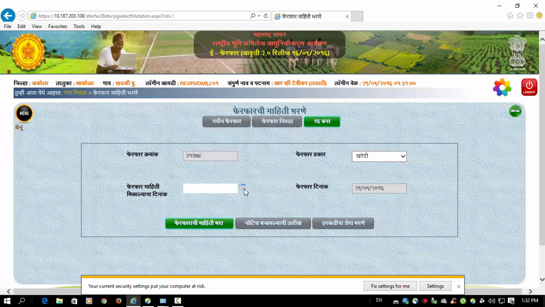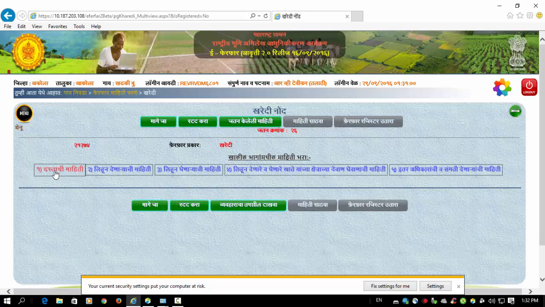After that, we have to select the फेरफाराची माहिती मिळाल्याची दिनांक. After the transaction, whenever we receive the document from the citizen or the farmer, that date is 26/9/2016, and now we will select फेरफाराची माहिती भरा.